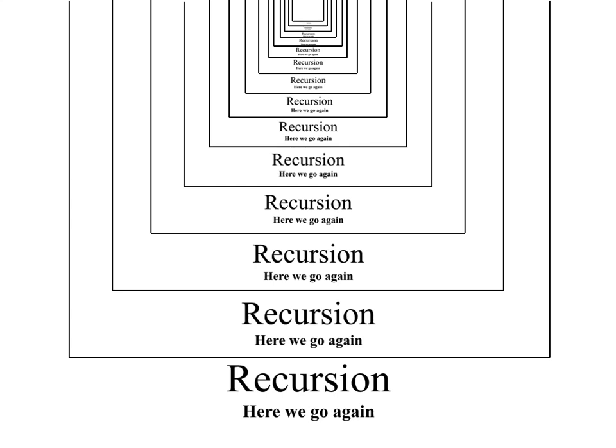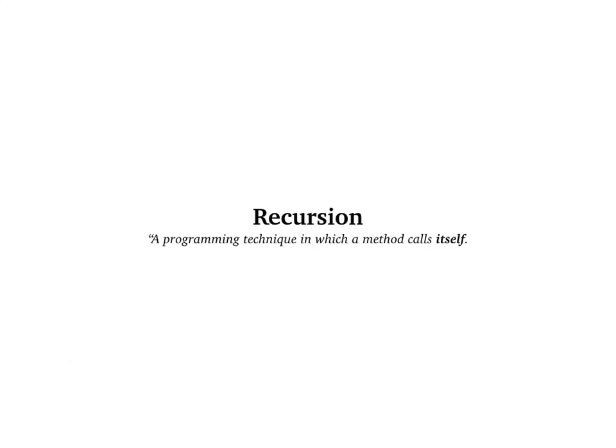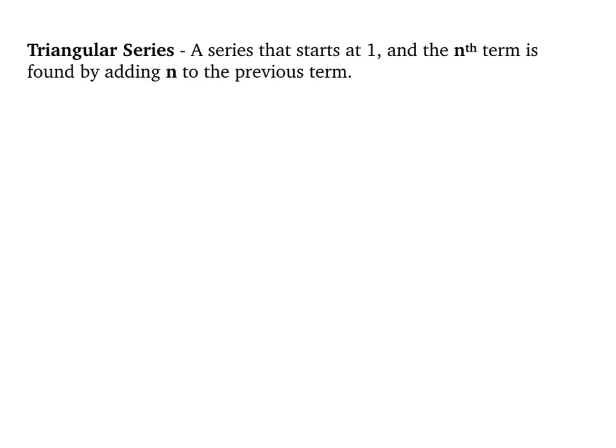Recursion. Recursion is a programming technique in which a method calls itself. And the process we're going to use to demonstrate that is the triangular series. A triangular series is a series that starts at 1 and the nth term is found by adding n to